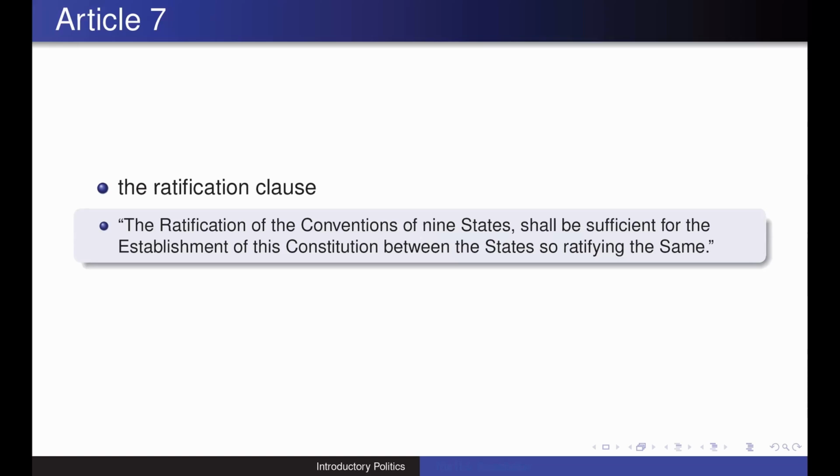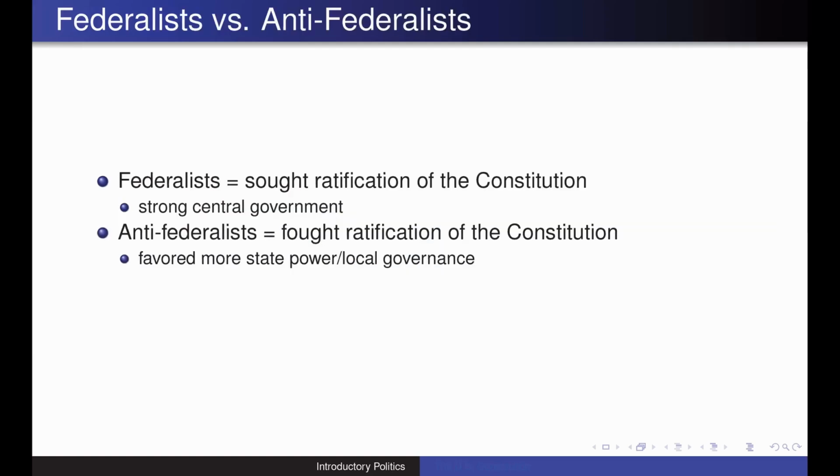The reason why this particular kind of language was needed is because this is the second constitution we have had in United States history. The first one being the Articles of Confederation. This U.S. Constitution replaces the Articles of Confederation, and so we essentially needed 9 states to approve for that transition to occur. One of the big issues on that transfer from the Articles of Confederation into this U.S. Constitution had to do with the significant differences between those two documents.